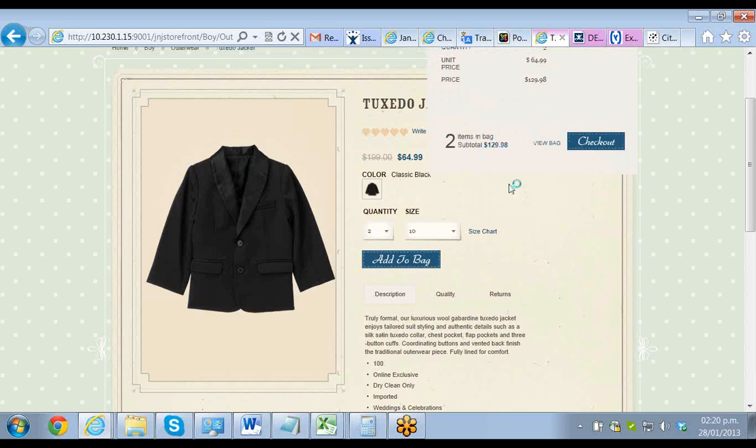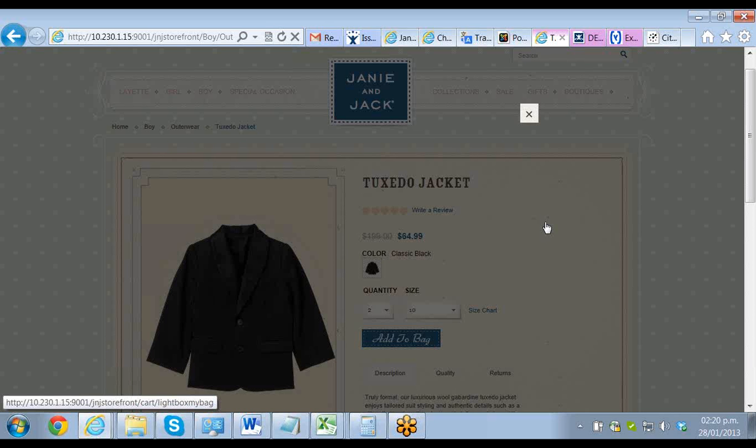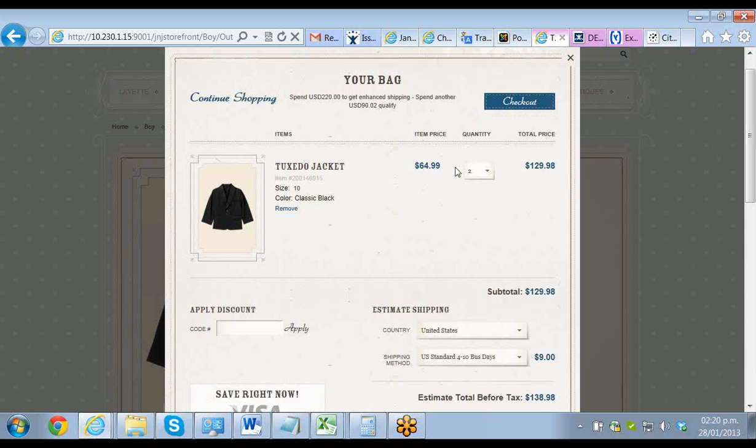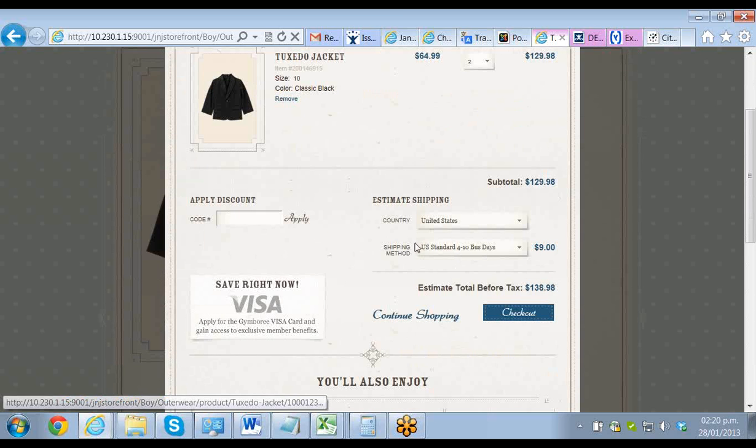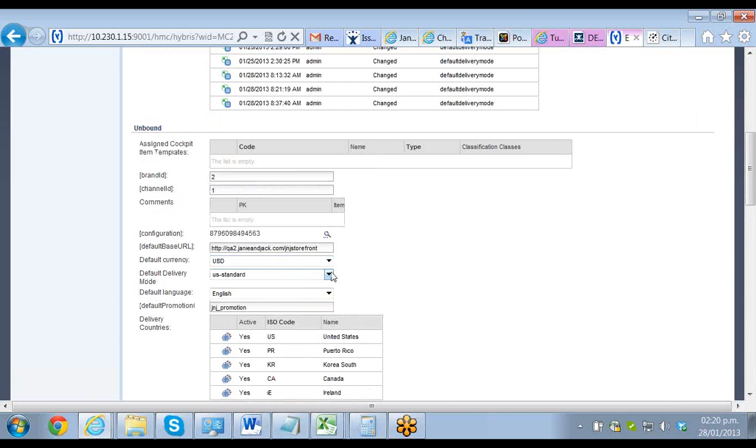I go to view bag. In the my bag live box, in the shipping method drop down, the global default shipping method is selected. It is the shipping method defined in HMC, use standard. If I change, for example, to use express,